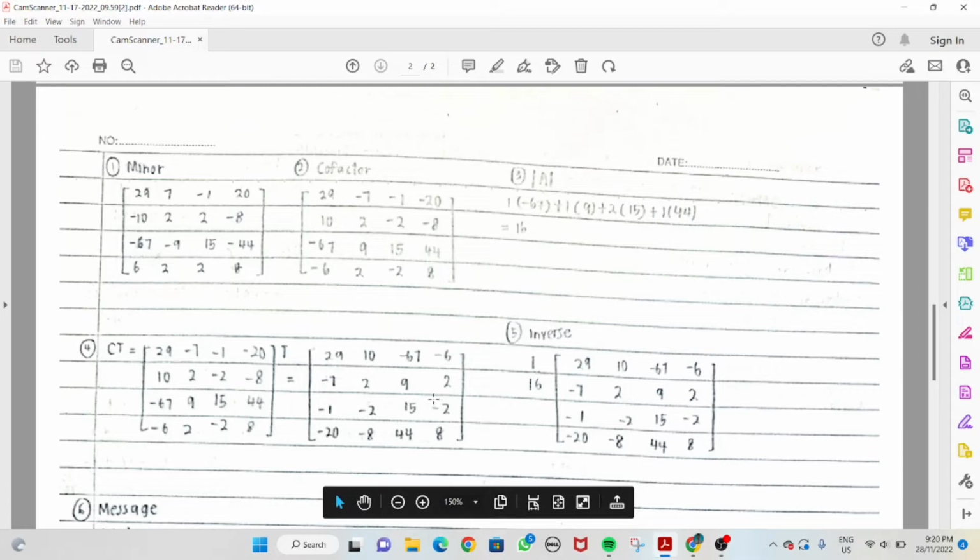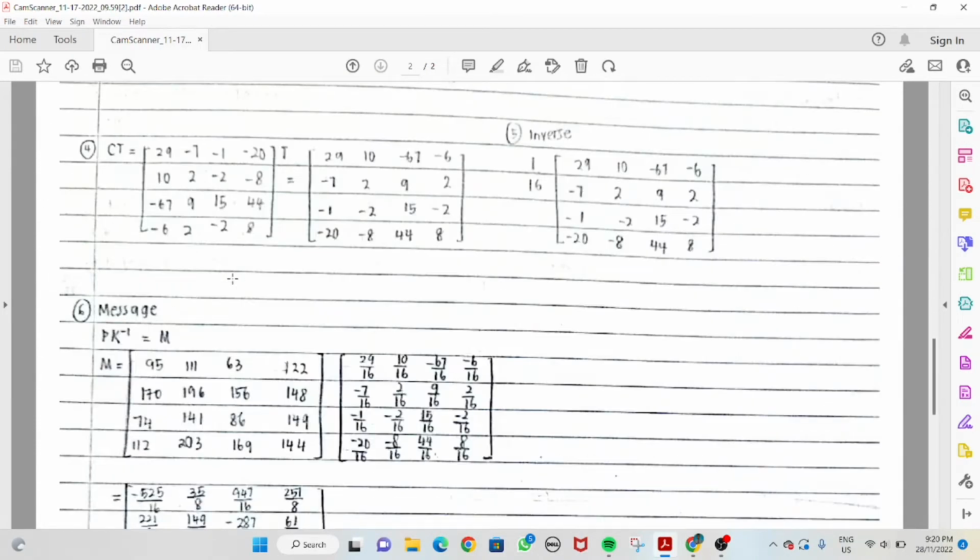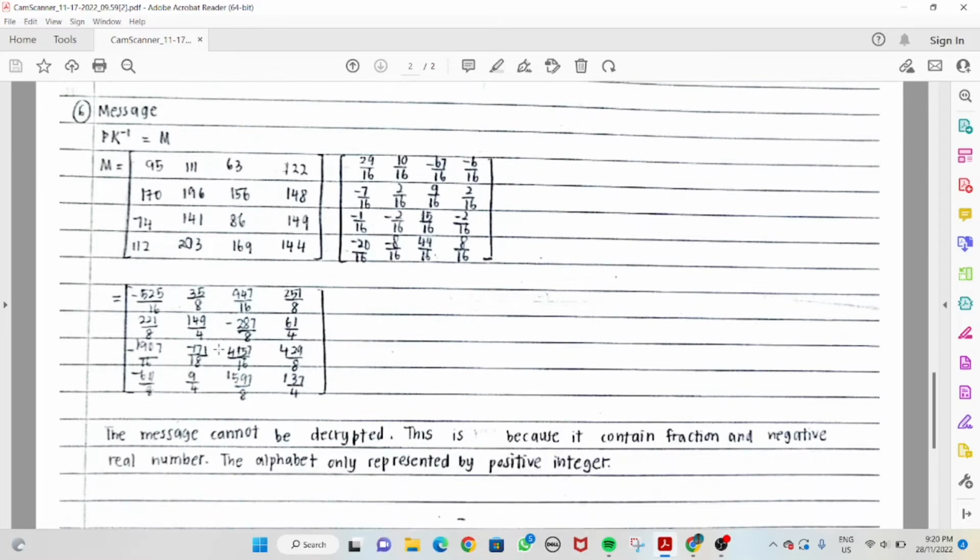Then, with this, we will get the inverse, which is 1 over the determinant, which is 16, and we'll multiply it with the adjoint matrix of the cofactor. So, the product will then form the inverse of K1. This inverse is then multiplied with P, and the product we'll get will be M, which is the message later on. However, as we find the product, we could not decrypt the message as it contains fractions and negative